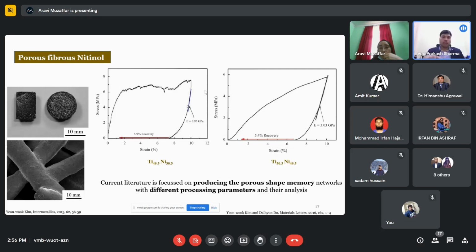And what are these 5.9 and 5.4% recovery? Oh, these are the recovery strains that are observed after you are heating them. So here you are doing the experiment, loading them at a particular temperature, and then after the unloading is done, you see that there